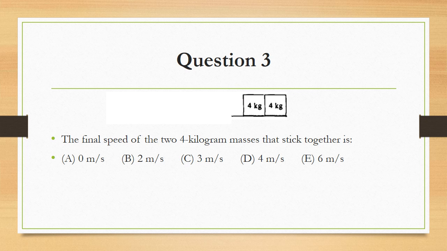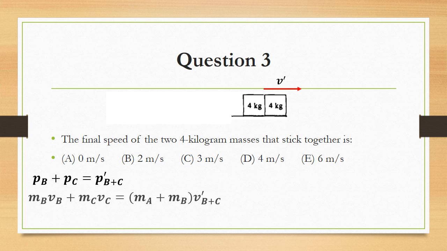So these two blocks collide together. We're going to find their combined velocity v prime after the collision. For this, we use momentum conservation. So the momentum of each block individually before the collision is equal to their combined momentum after the collision. Because the block on the right, which I'm calling block C, had no velocity, it doesn't have any momentum before the collision, and therefore the entire momentum before the collision is just in block B. So that's 4 kilograms times 6 meters per second,